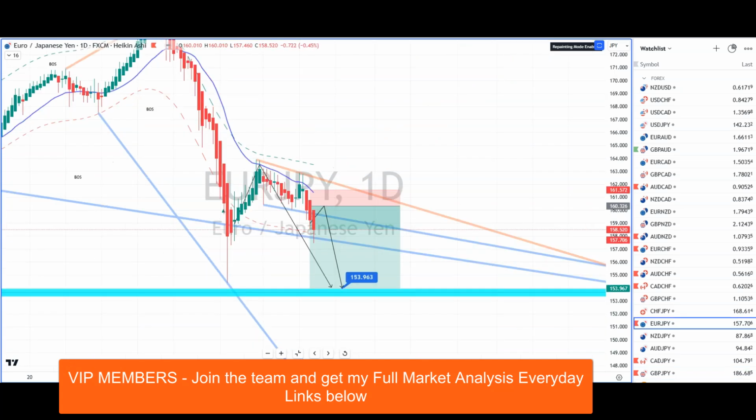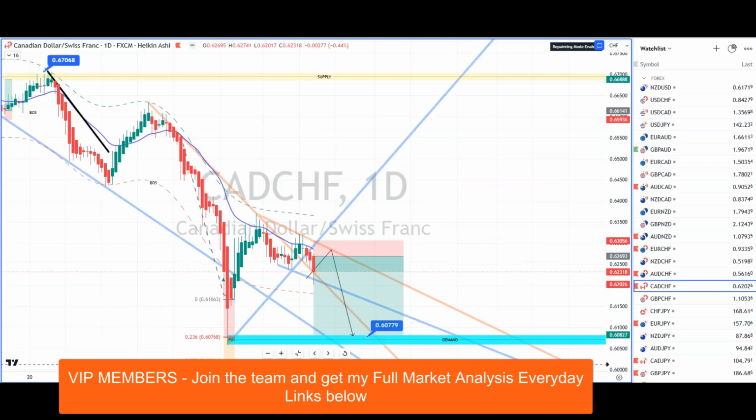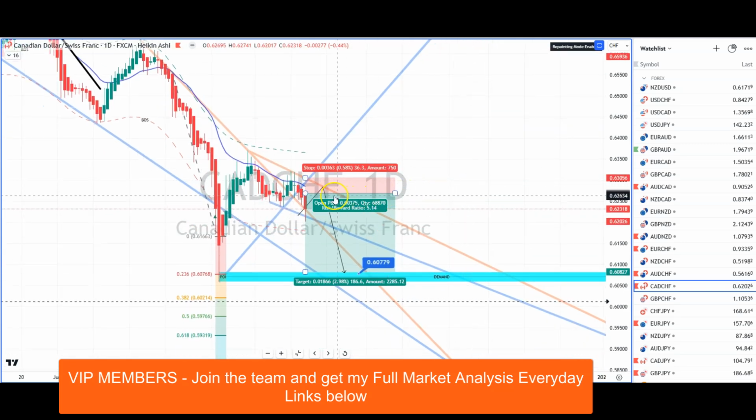A great sniper trade on the euro yen as well. VIP members, congratulations. A nice pullback up to 160.32, heading for 153.96. Congratulations, VIP members, on the entry on the Canadian Swiss at 62.69, heading for